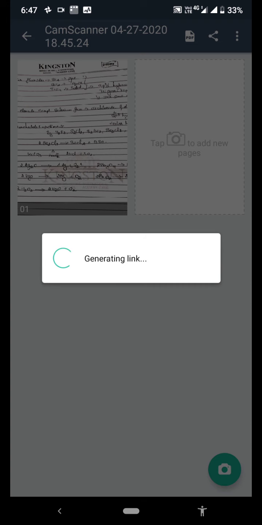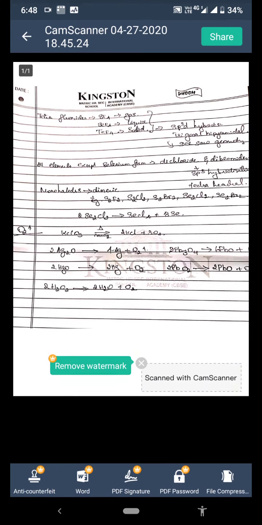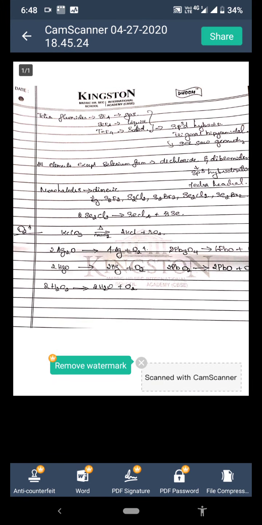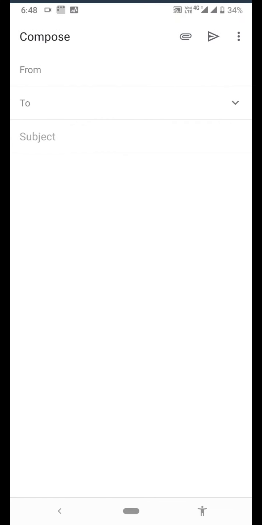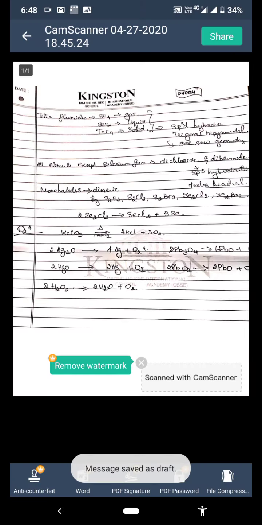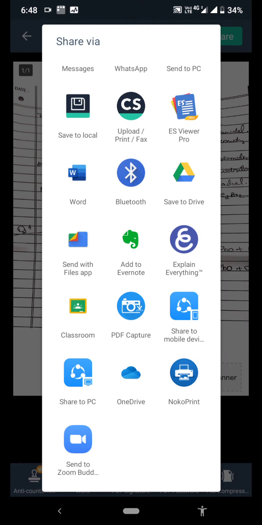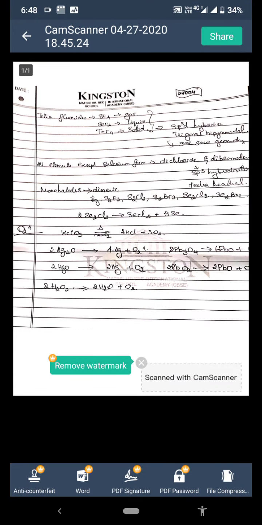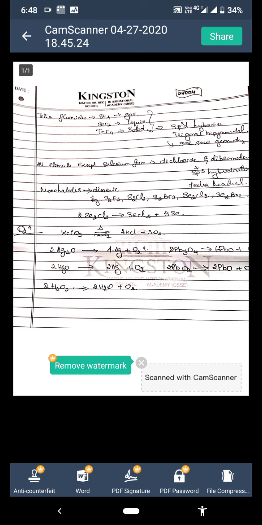You can send it through email, through Google Drive, copy it, or share it. Sync completed.